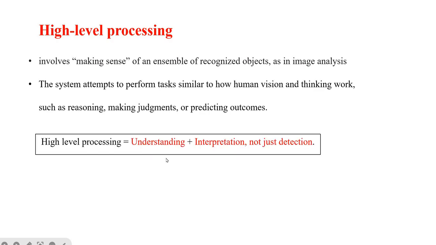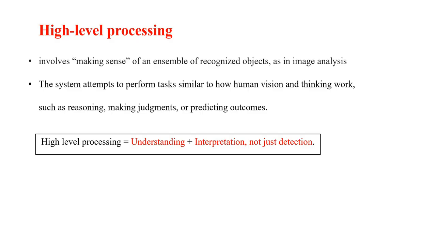High level processing is understanding along with interpretation, not just detection, and it will make sense of the scene. That is, reasoning about what is happening, then drawing conclusions or making decisions and predicting the outcomes. This is similar to how the human brain understands images. For example,